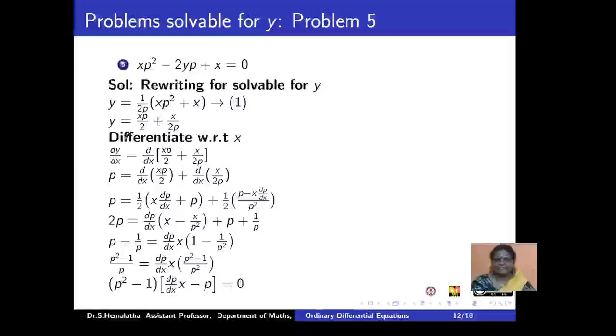The fifth problem, the discussion is again you get a y term. The reason why you go for solvable for y is quadratic factors will not be that easy, and x can also be done here, but here we go for a y discussion. You split up the variables, or you do the differential work according to your comfort. But when you reach this step, you see that there is no common term to pull out and write factors of this kind. But when you take the LCM of this part and this part, you can see that p square minus 1 is a common thing. So p square minus 1, when pulled out, you will end up in these factors.